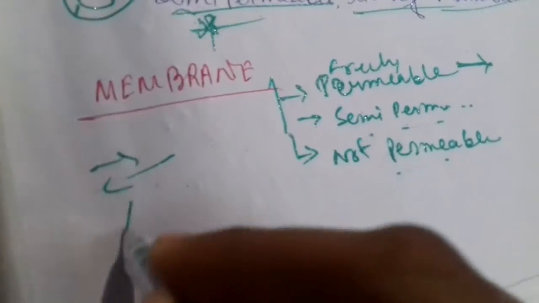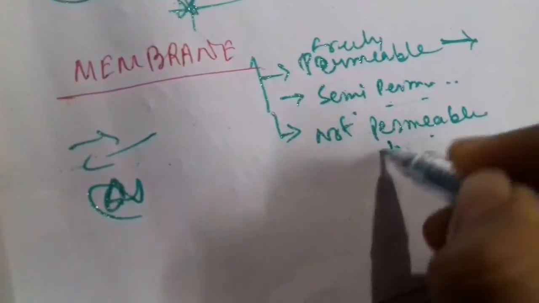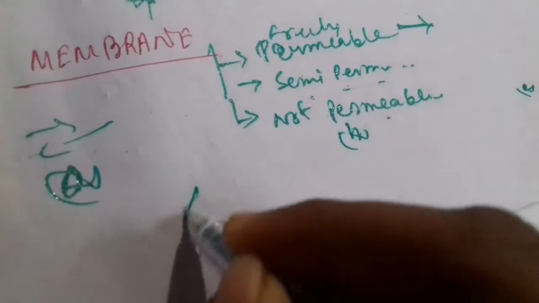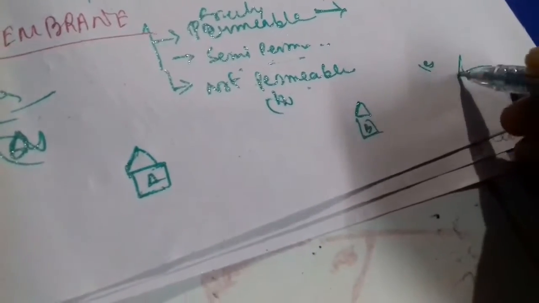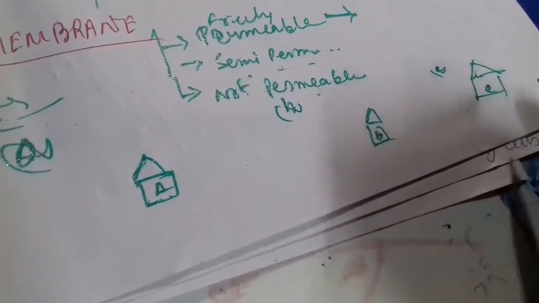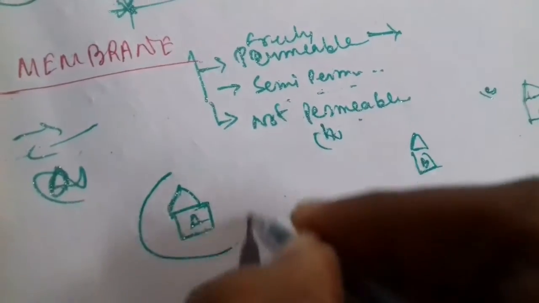Like for a freely permeable substance, let's see. Let there be three houses named A, B, C. The boundary